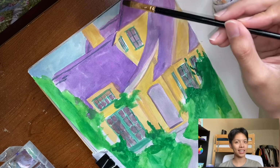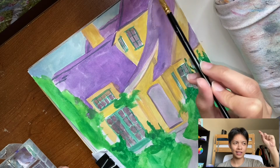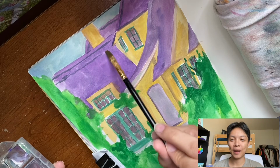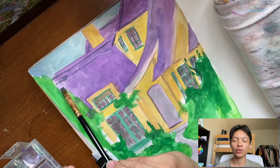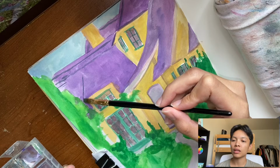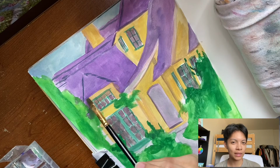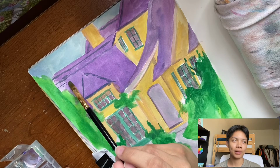Right now you are seeing me paint the grooves of the roof. And yeah, you see me use a flat brush all throughout this painting. I really don't use many types of paint brushes whenever I paint, because I'm too lazy to clean one off and use another, if you know what I mean. So I just use one single brush for the whole painting, which is a bad practice, but